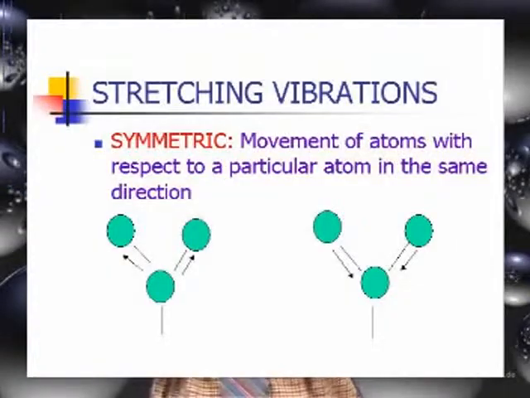Now, in stretching frequency, the first one is symmetric stretching frequency. In the symmetric stretching frequency, for example, consider carbon dioxide: carbon at the center, one end is oxygen, another end is another oxygen. We can extend both oxygen atoms from the central carbon atom. That is what is called symmetric extension. At the same time, both oxygen atoms come towards the central carbon atom. That is nothing but symmetric compression. Both atoms move along the same bond axis. Therefore, bond axis and bond angle remain the same in the case of symmetric stretching frequency.